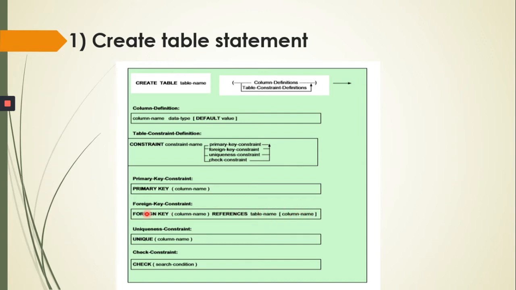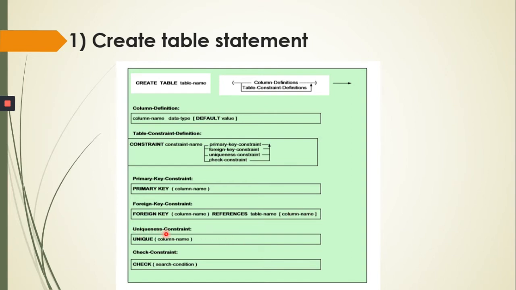So this is the concept of foreign key: foreign key, column name, references, the table name we are taking the reference from, and from that table which column. A table has multiple columns, so from those columns some column we use for the foreign key. So here we have to write references, that table name and that column name.